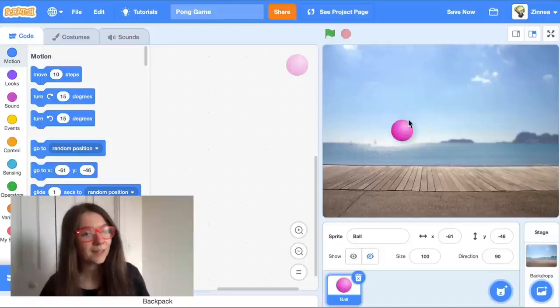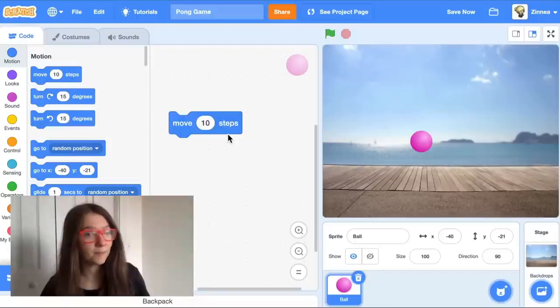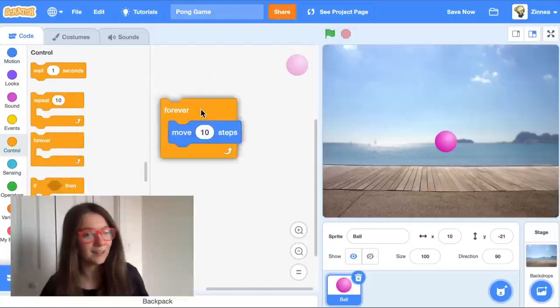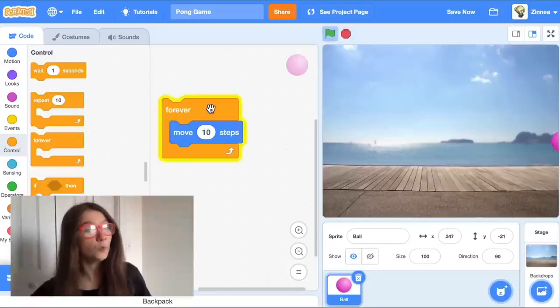And now let's make this object move. In the motion category, you could drag out this block, move 10 steps, and by clicking on that, the object will move. Let's see what happens if we put this block inside a forever loop. So I'll go to the control category and drag out a forever loop. And now, if I put the block in here, the ball just goes forward, infinitely,